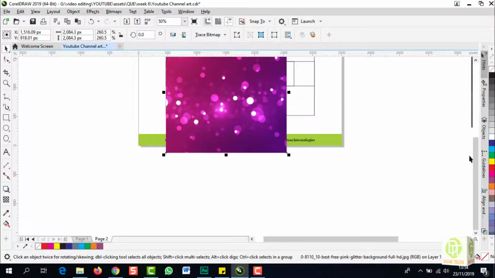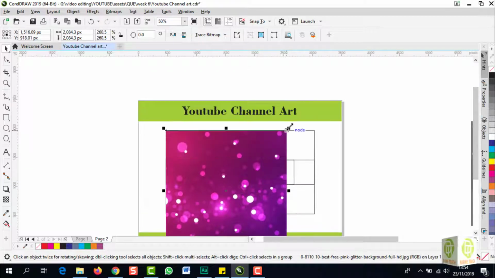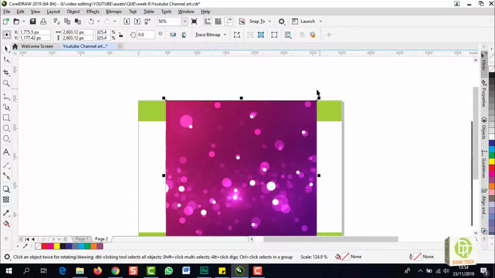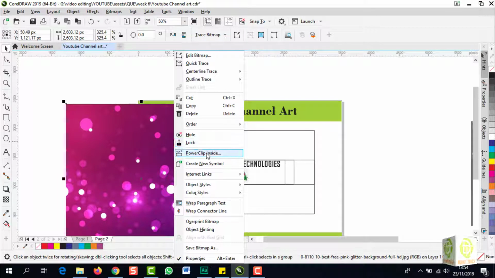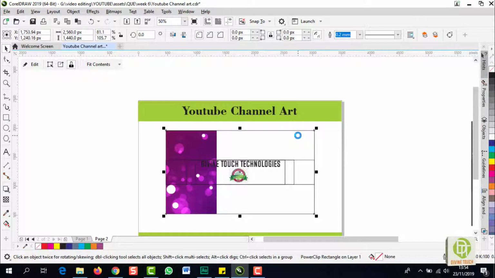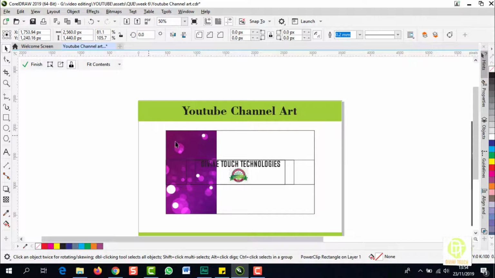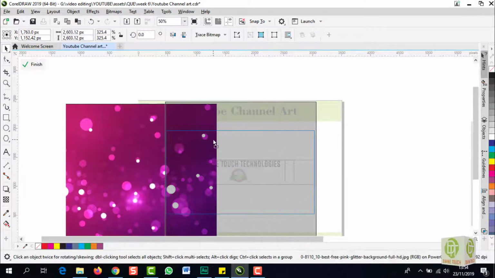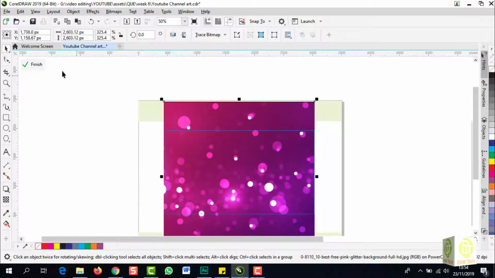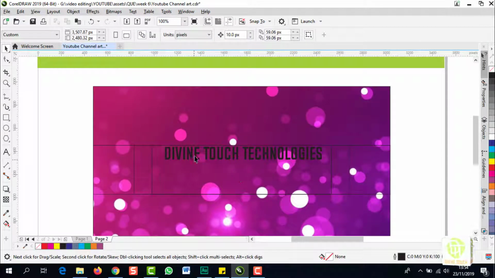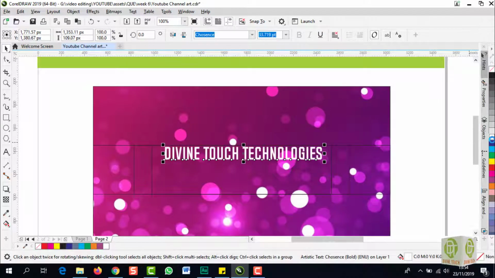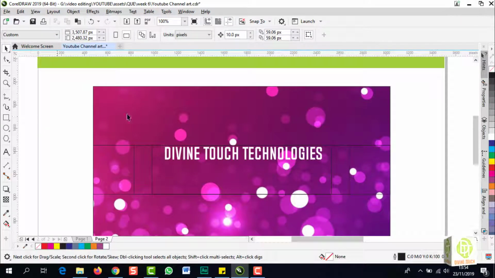I know this might be a big image, but for this purpose I'll just power clip it to the bigger circle, which is this one here, and make it cover the whole section. There it is. Then we will use a different font color. Then we go for